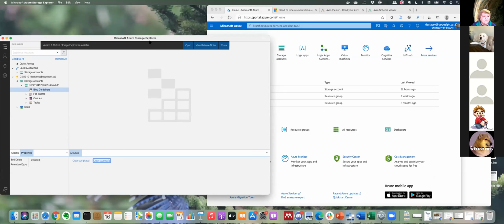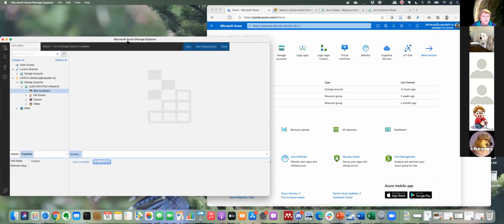I have the Microsoft Azure Storage Explorer. So this is a nice thing to get if you want to see what's in what you've stored. And so I've got my storage accounts here. If we look at blob containers, I have none, but I'm going to have to set some up to actually do this